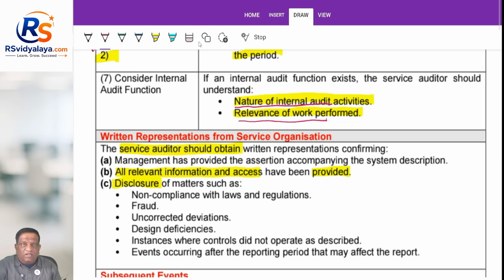If the internal auditor has analyzed almost the same content, then obviously he can utilize it. But if the internal auditor has done something different from what is being done, then he may not be able to use it. So, to decide whether to use the internal audit function, the service auditor would have to evaluate the nature of services or controls being reviewed by them and the work reviewed by them. If he is convinced, then he can take the help of this internal auditor by reading his reports.